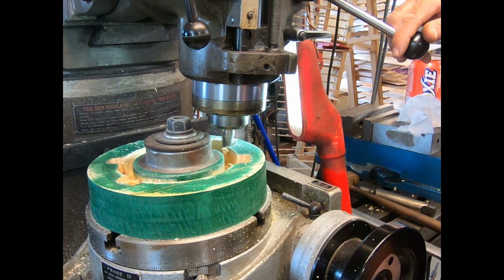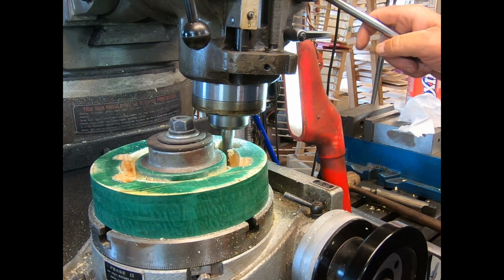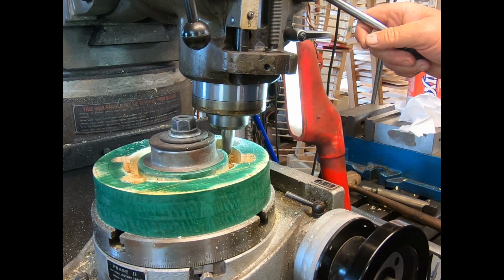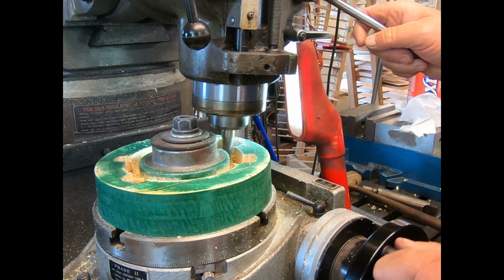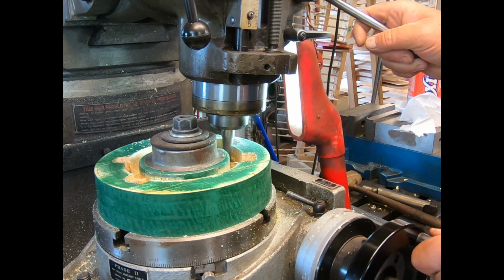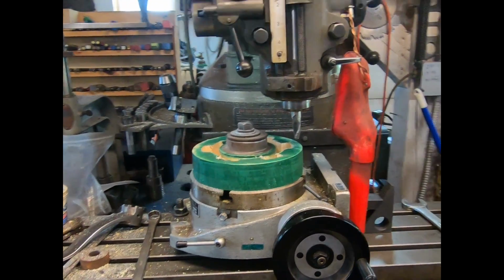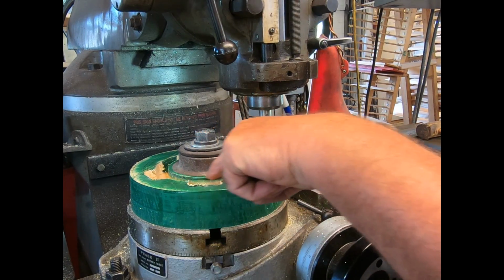So, get the bottom screwed out, or chewed out, I should say. There's going to be quite a bit of handwork with all this, but well, everybody, as you can see, I've got this head running the other direction. We're going to go ahead and go around this inside dimension here,